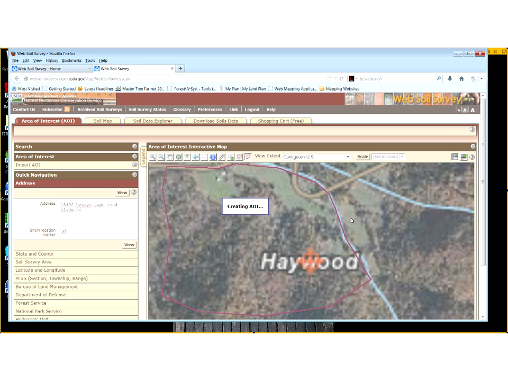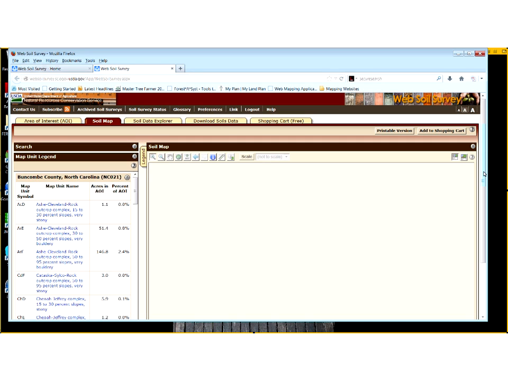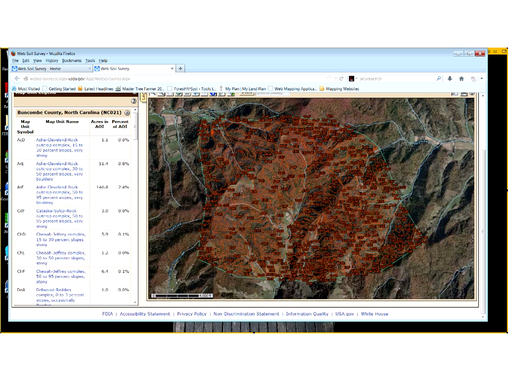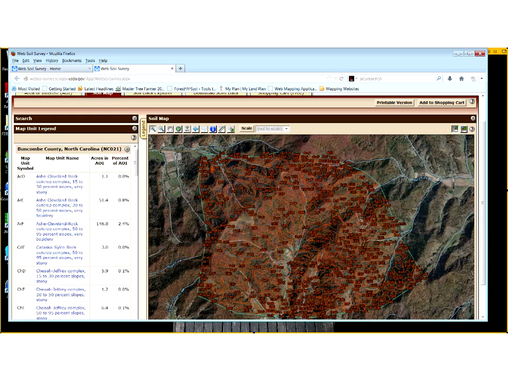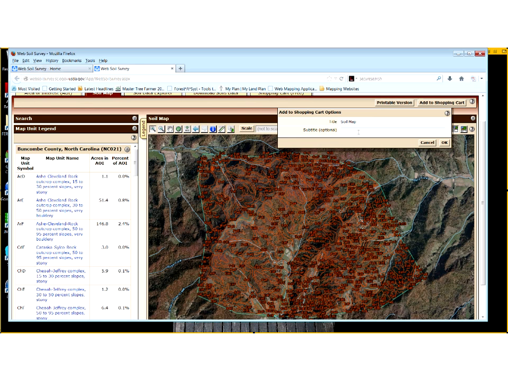The next step would be to go to my soil map. And what it does, now that it's clipped out all those different soils, oh, it did a really large area for me. Okay, so very interesting. So we'll look at a very large area, and then we'll look at a smaller area. So anyway, we've got this very large area and all the different soil series that are inside that. Okay, and on the left-hand side, what it provides you is all the information for each one of those different soils and the acreage inside, and then the percentage of the area of interest. If I like that, I go ahead and click on Add to Shopping Cart. Okay, and I can give it soil map, and I'll say large area, and that'll be the subtitle. Okay,